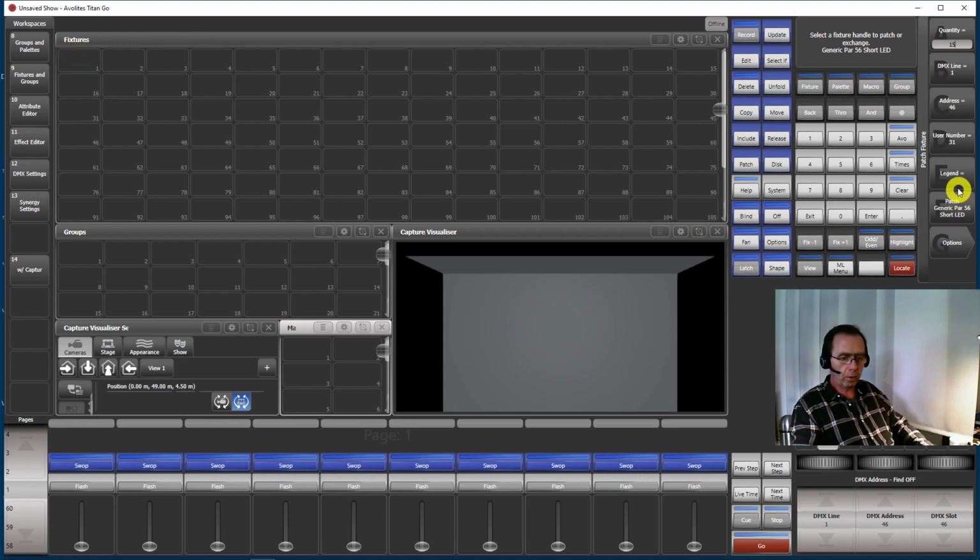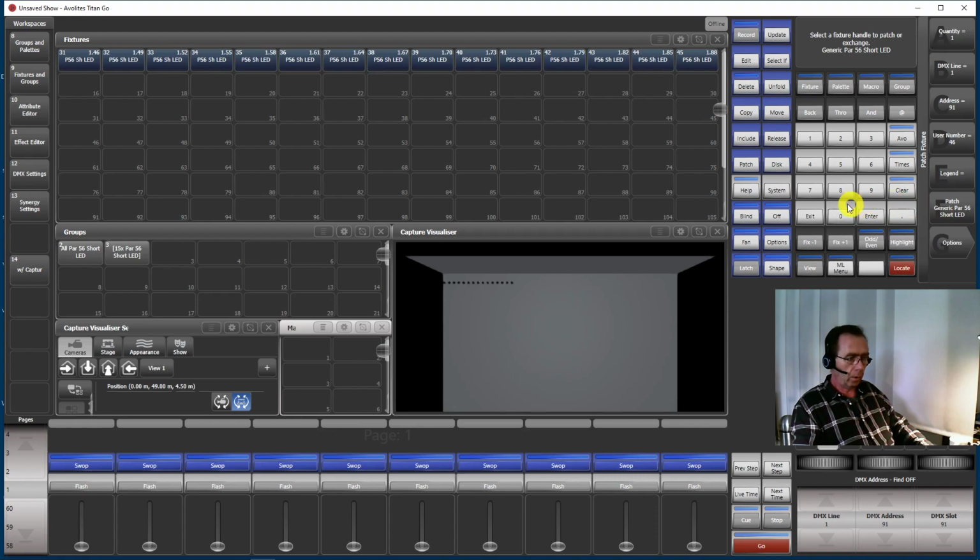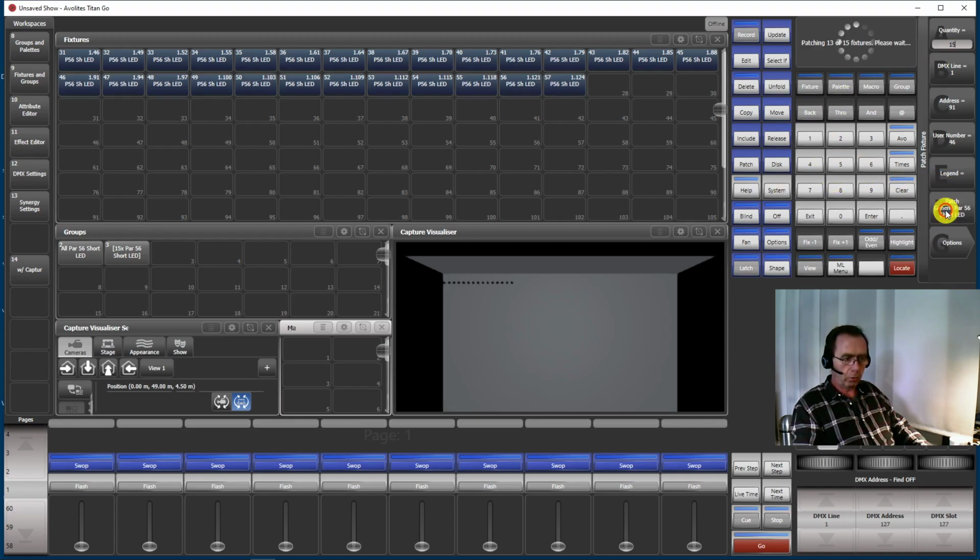So I click there. Now I have 15 and they have created their first own group. I would have to do the same thing again, like clicking there, then again 1, 5, patch, or I could